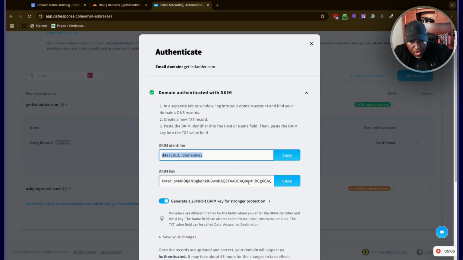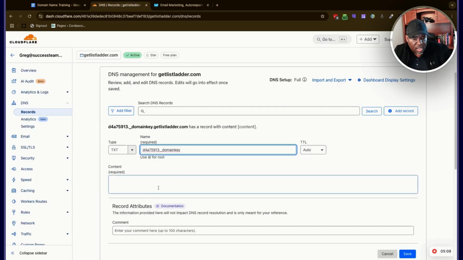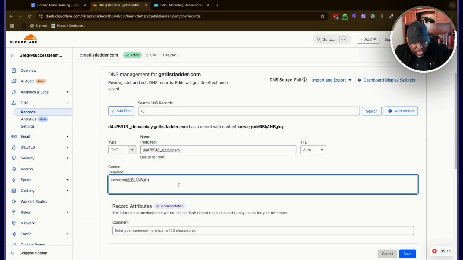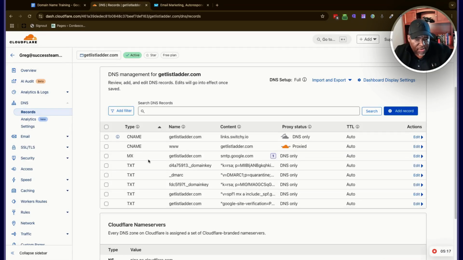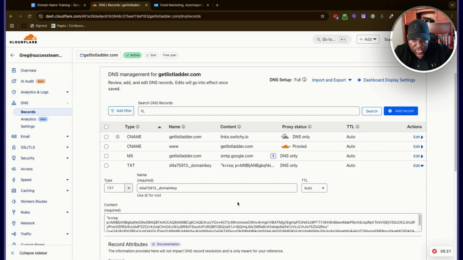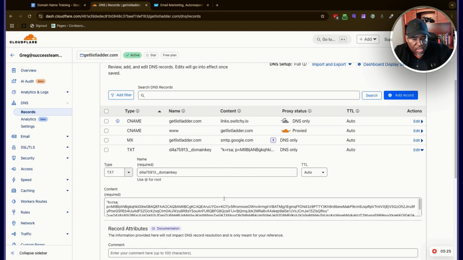And then we copy all this stuff, and I'm not going to copy all of it because I don't want no one copying my key. But you can then paste it here, and it's a lot more than this, but I'm just showing. And then you hit save, boom. Okay. So I have that record here. Right. This is it. And if I look at it, boom, right. So there's all the record. You see how long it is, it cuts off some of the stuff, which is good. So you can't see it, but that is how that works.